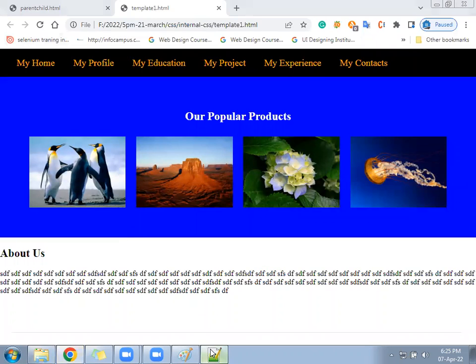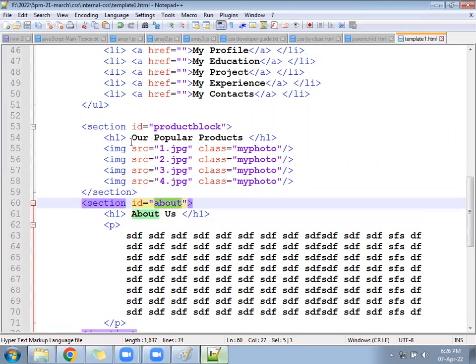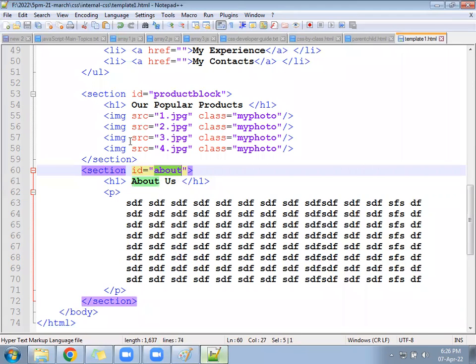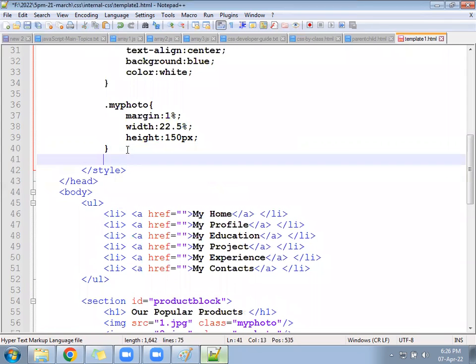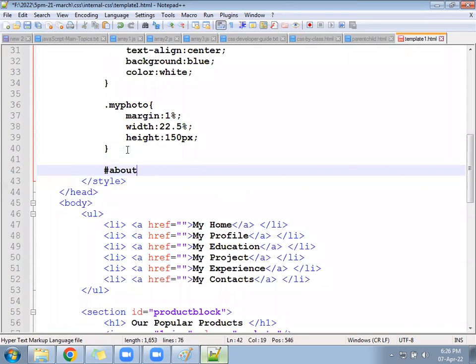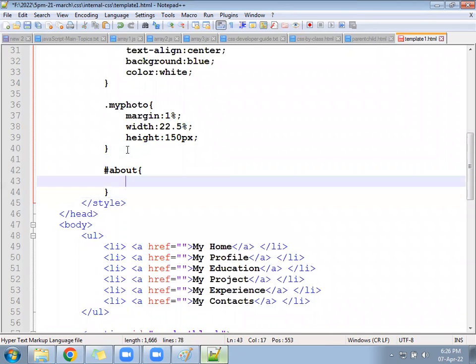So come up again, write the CSS for about. CSS for about, right inside, padding